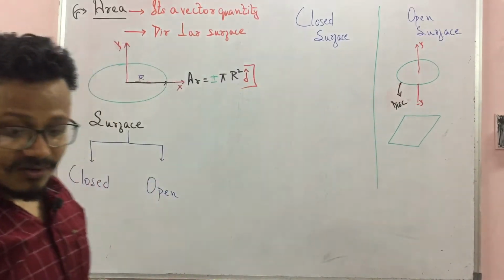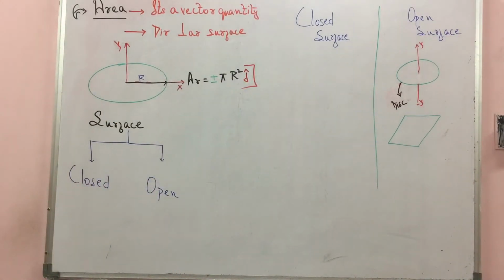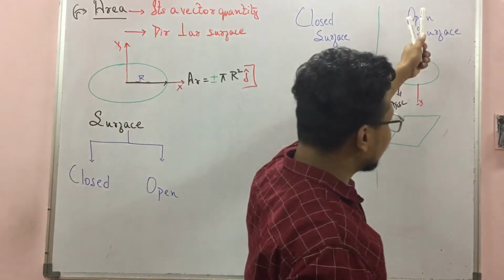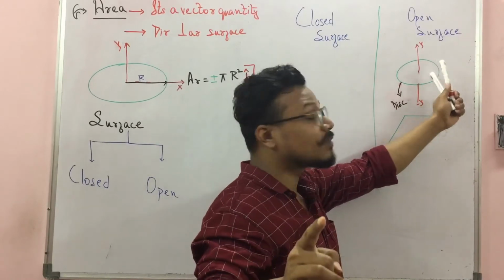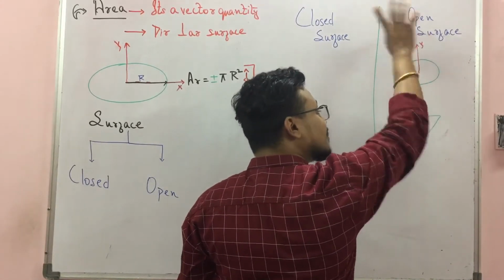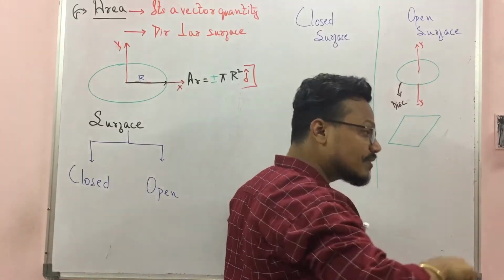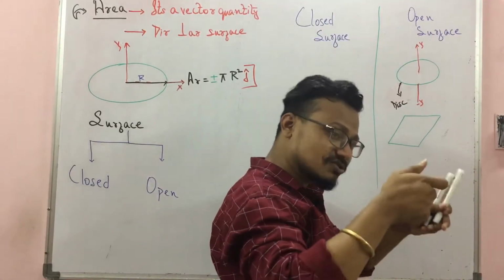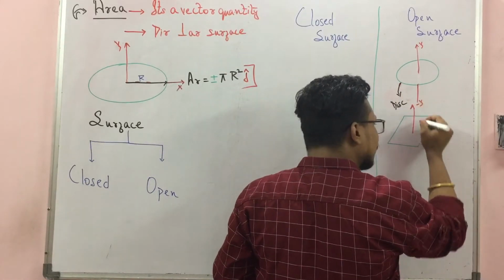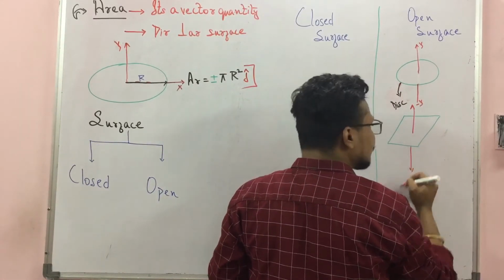See here. What I said, it will always be perpendicular to the surface. If we consider the direction of the area to be up, for the whole question we will consider it is always up. Remember it very properly. If we consider down, the whole question we will consider it is always down. Same thing will happen in this. Up, down.